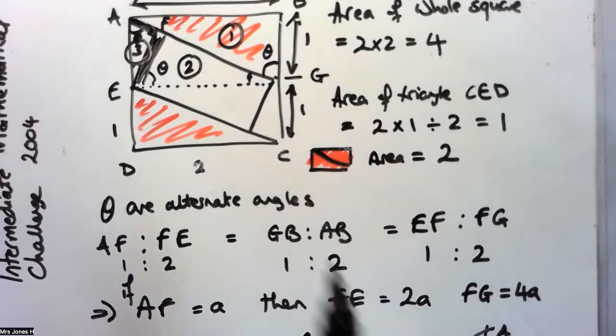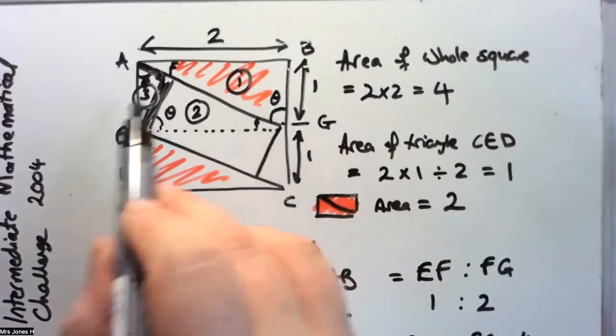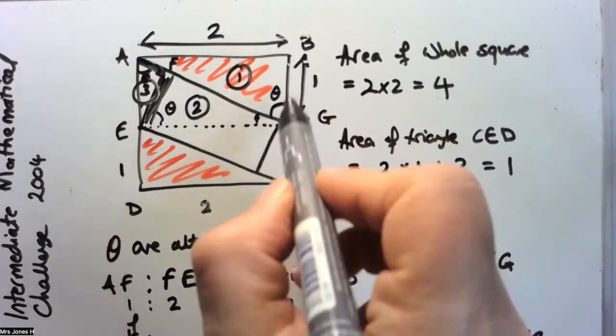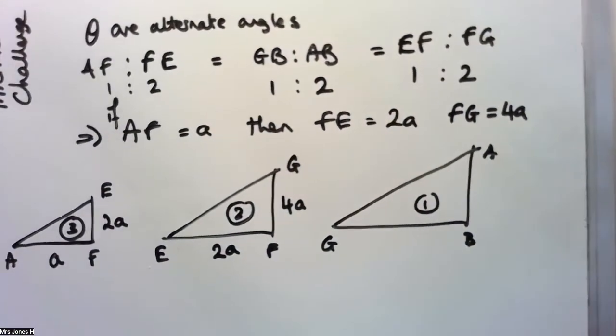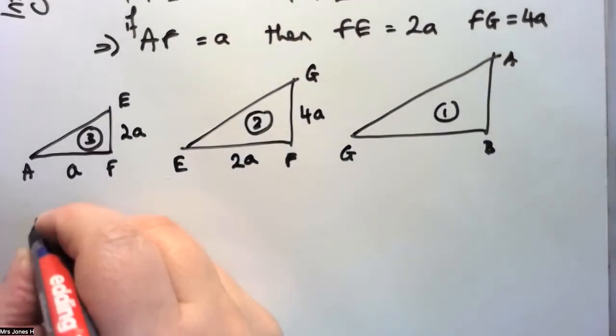We're trying to find this big triangle, or we do actually know what they are. We know it's 2 and a 1, but we need to find it in terms of A because these aren't dealing with 1s and 2s at the moment. So let's use what we've got to work out these. So using Pythagoras's